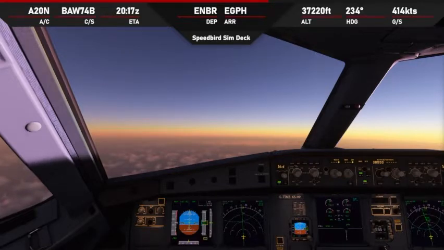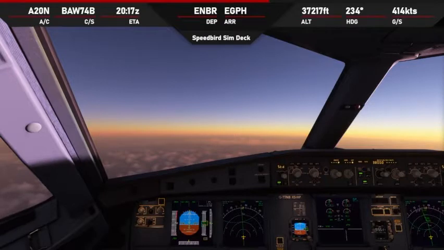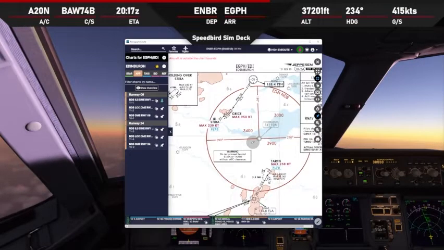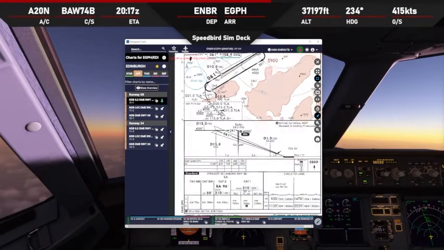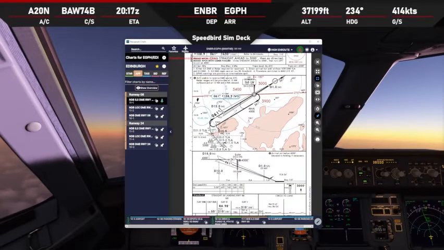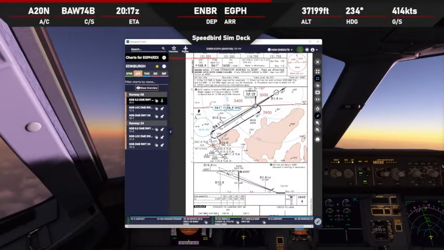As I say, it's probably going to be a little bit later than that by the time we've slowed down for the STAR and the final approach. Stuck with the constraints. We've got a few speed constraints. So yeah, 250, 230, and then we'll start to slow down as we hit the glide slope for our landing speed, which today,